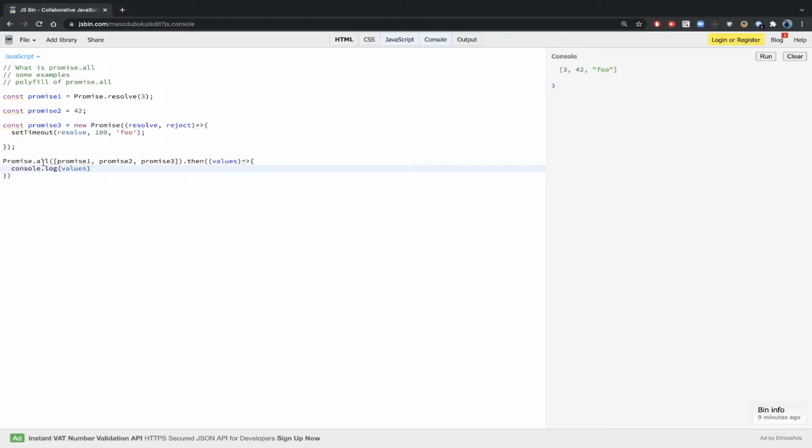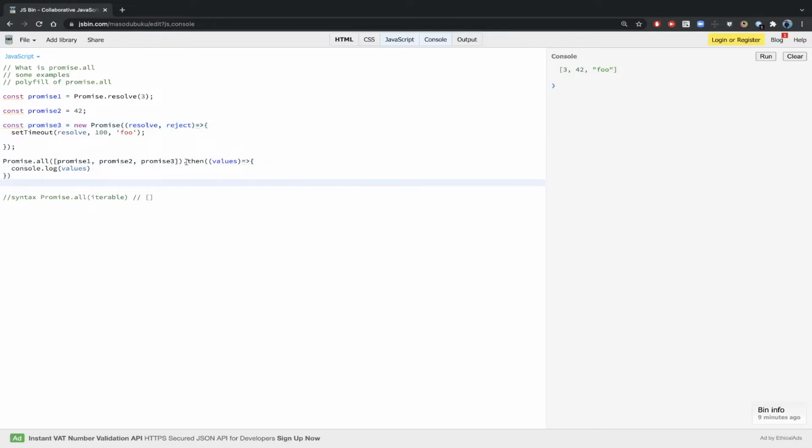But what Promise.all does when it sees that this promise2 is not an actual promise, it's a simple value, is it will just ignore it and return it. It doesn't have to resolve it. But promise1 is an actual promise, so it has to resolve it. It is also an actual promise, but it will get immediately resolved because it doesn't have to wait for anything here. So the syntax for Promise.all is very simple: Promise.all, and here you just have to provide an iterable value, which is nothing but an array. This will again return a promise which you have to resolve like what we have done here.